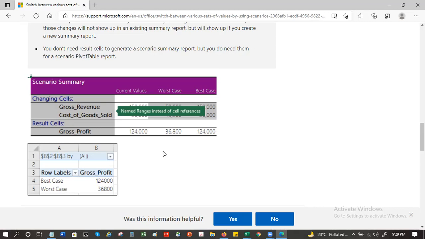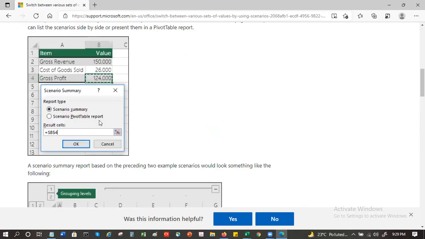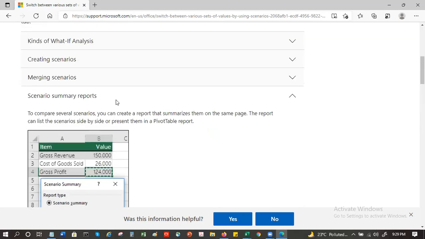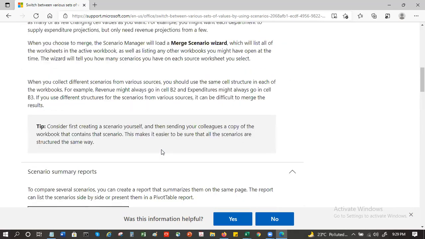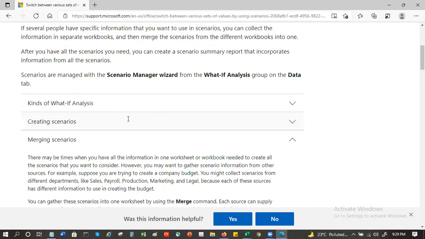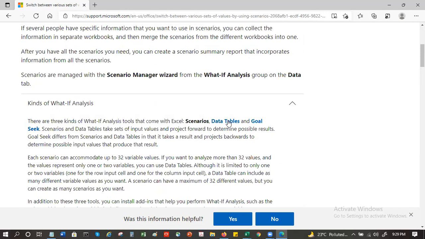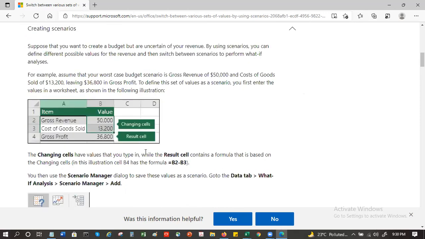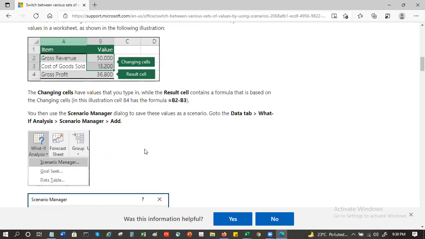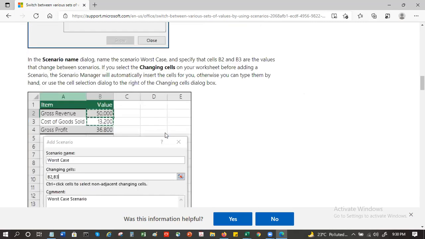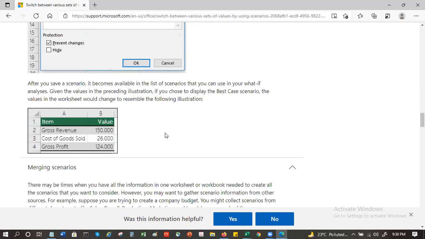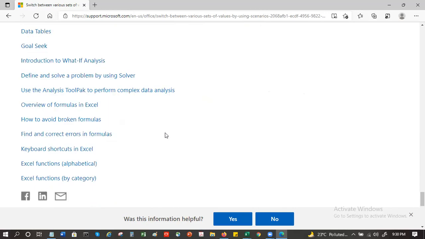That's why I showed you the help, so that when you get a few minutes or you want to investigate this further, just come here and you can see this. It has these kinds of what-if analysis, and they've given you some data tables also. So you can use these. Maybe right now you may not be using it, but in case you ever want to use it, it gives you the navigation also, tells you where to go, so that you're ready for it whenever you think you want to use it.